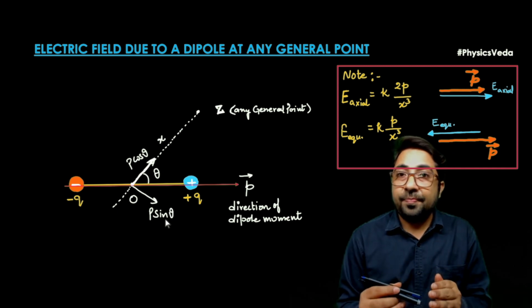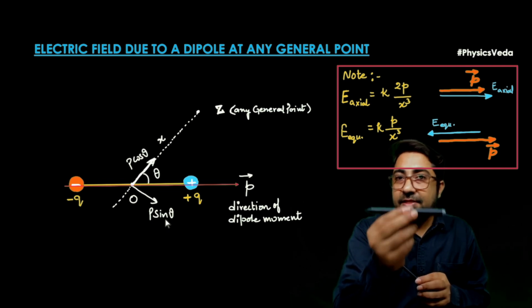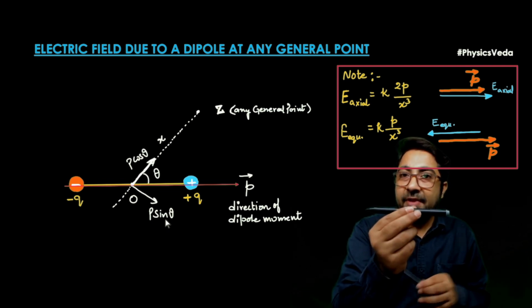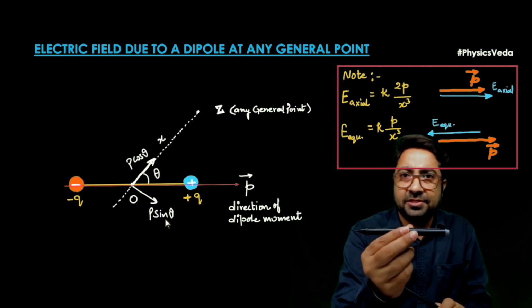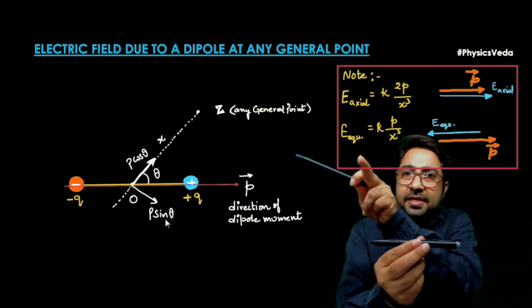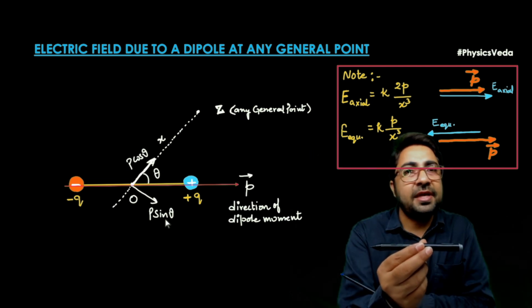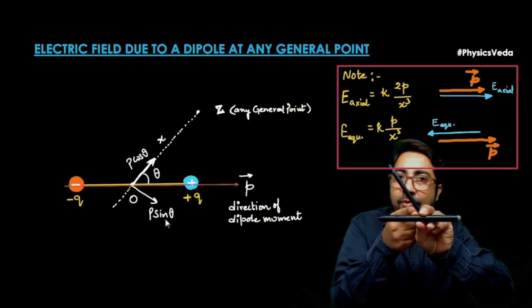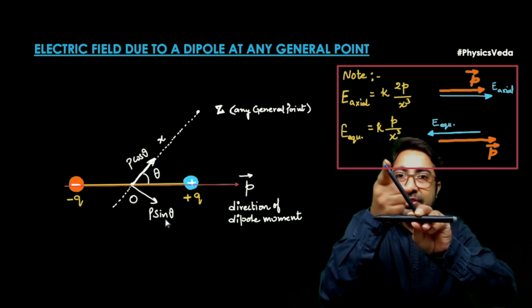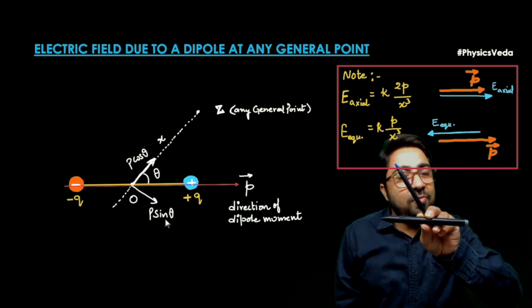इस पॉइंट को मैं दोबारा से क्लेरिफाई करना चाहूंगा. Let us consider this is an electrical dipole, and this is the direction of electrical dipole. This is negative charge and this is positive charge, and this is some point, that is z point. At this point we have to calculate the electric field. So this is the line joining the center of the dipole to the point z. This line makes an angle theta from the electrical dipole moment.